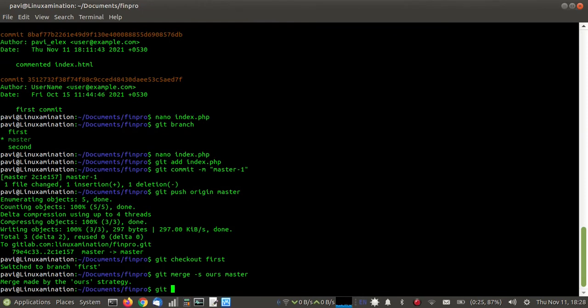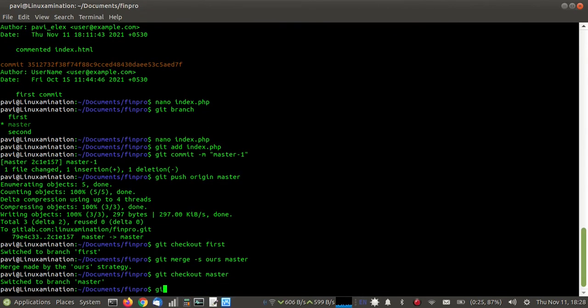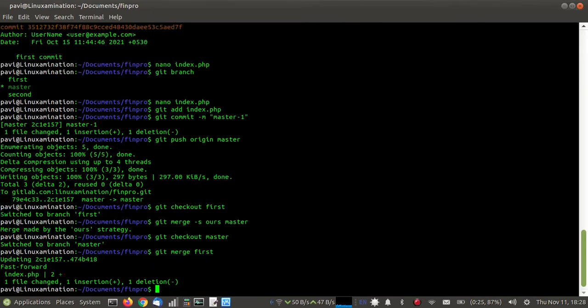Then I'm going to shift back into the master. So first I need to merge, and you can see only this file appeared here because I made the change in this file only. So there was only a difference in this file. Now I'm going to push the changes again.